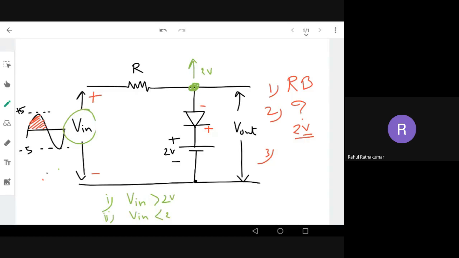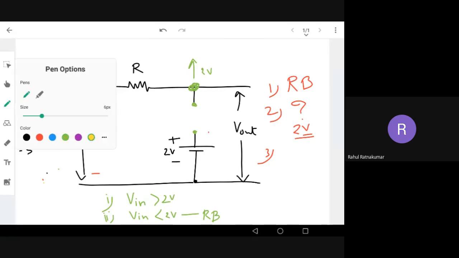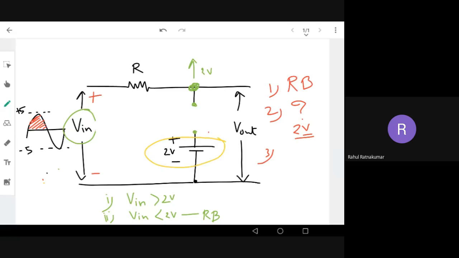less than 2 volt. We know that for V in less than 2 volt, the diode is definitely in reverse bias, so it is cut off. That means this is the circuit state: an infinite resistance, or cutoff. So all the input is going to come across that point. And look at the battery, very important. The battery is also not in a closed path. There are two disconnections: the output path is disconnected and the input path is also disconnected.